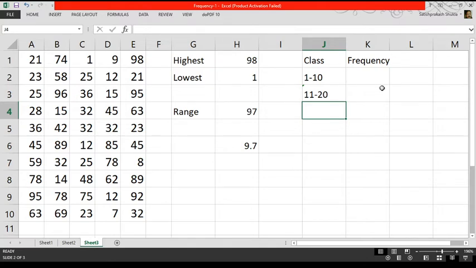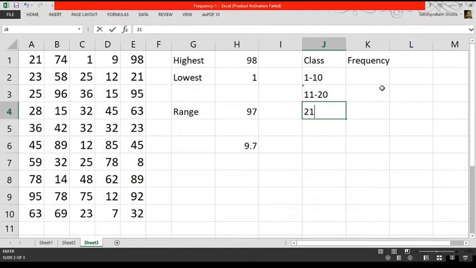Now the next class is 21 to 30. Here we don't have to put a single quotation mark because the first number of the class is 21, that is more than 12. So no need to put a single quotation mark.